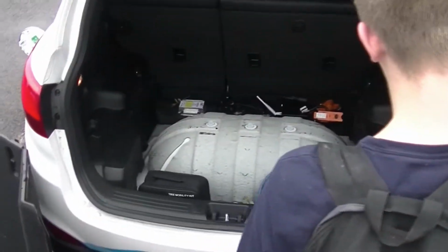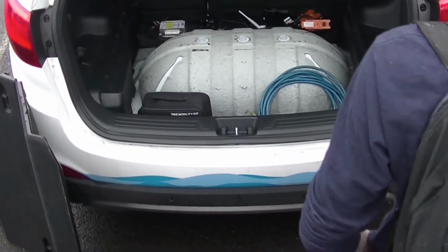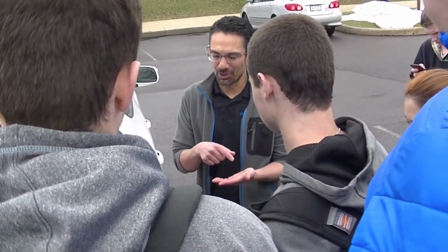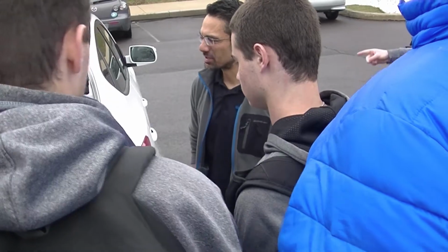Does the water come out clean? You could drink it. Really? Yeah. Wow. It's ultra clear water because the hydrogen quality requirement for the vehicle is 99.9995% pure. So it has no